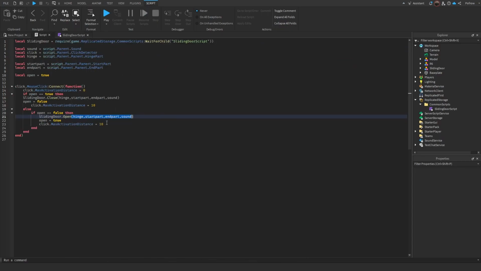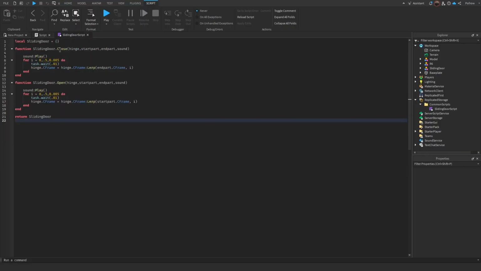And so if you have an orange line over here, all you can do is just simply go like this. You move a letter and then put it back, and then it should fix the orange lines. And so, if it's open, it goes to close, else if it's closed, it goes open. And so in here we have the close. So what it does is it